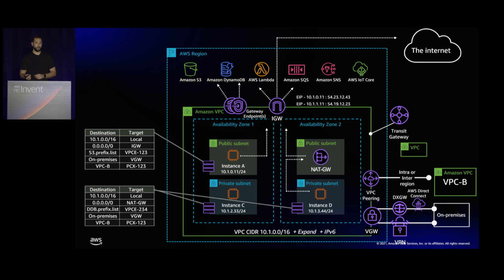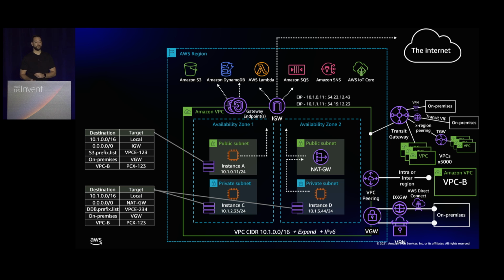And then we have Transit Gateway, which is an immensely powerful service that can connect up to 5,000 VPCs in a single region. And so you can have multiple transit gateways. We've got a whole bunch of transit gateway architectures that we're going to chat about. You can also do cross-region peering for transit gateway. You can connect to your on-premises via what's called a transit VIF via Direct Connect, or you can use VPN as well. We have flow logs,